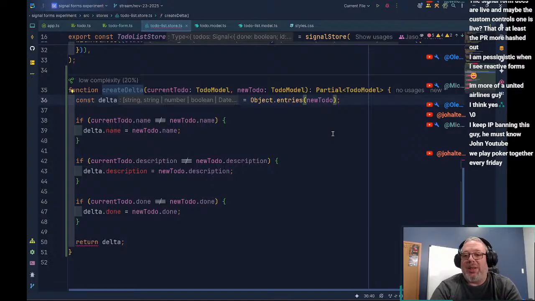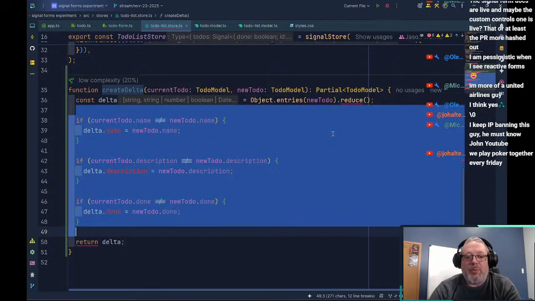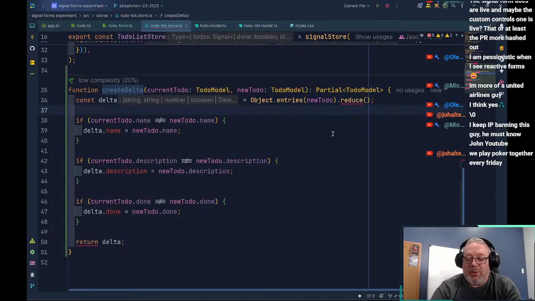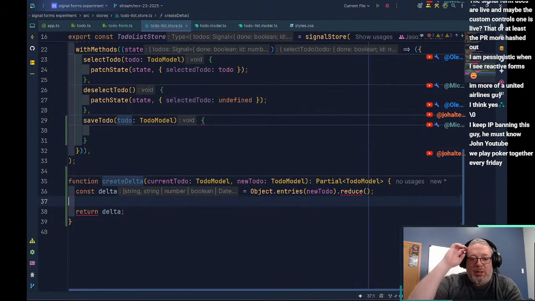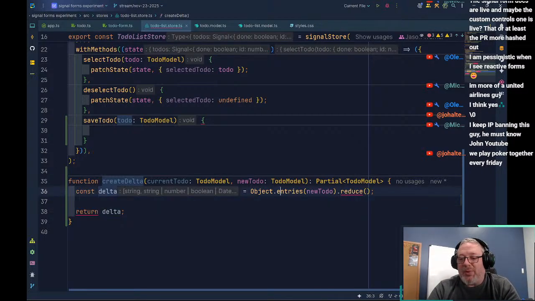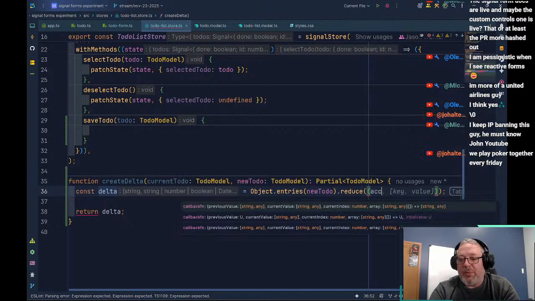And then we can say dot reduce here. Because we're going to reduce this down to an object. And we don't want this. And so reduce takes in a couple of things. The first thing it takes in is an accumulator.